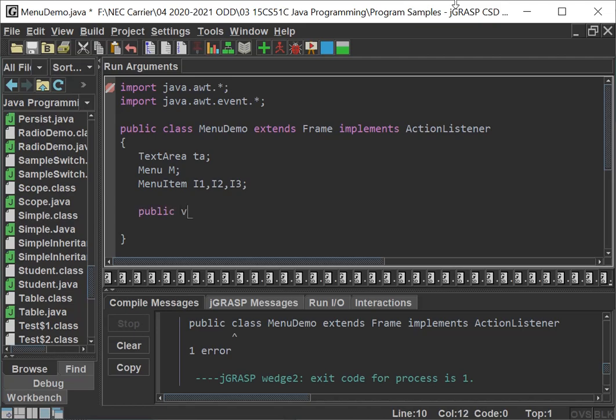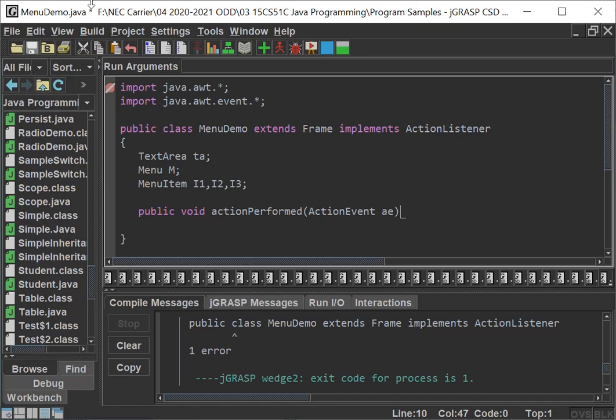For that I am going to override it. Public void actionPerformed is the method which is available inside the ActionListener interface. Within that I'm going to use ActionEvent A. This is a class which I'm giving as a reference.